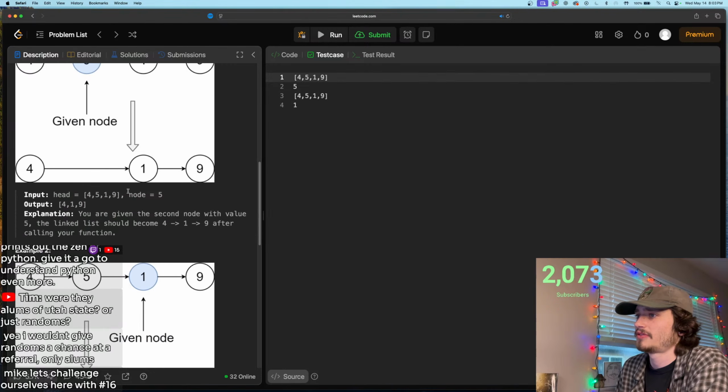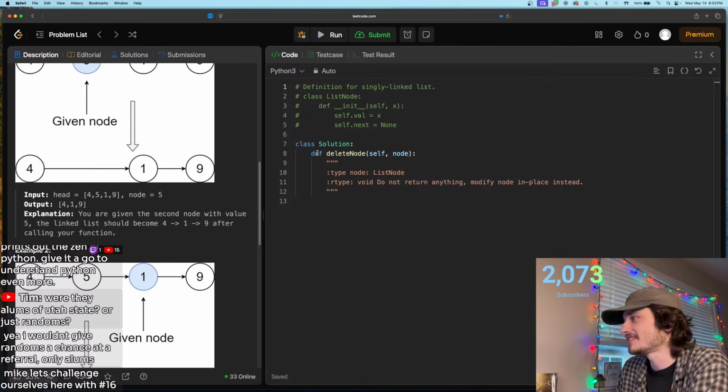So here, you're given node 5, and you just need to make the linked list go. But you're not given the head. You're only given 5. So how do you access previous then? If you're on a singly linked list and you're given the current node that only has the value and a next,